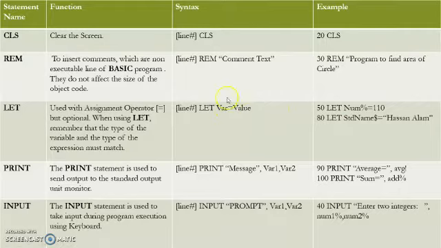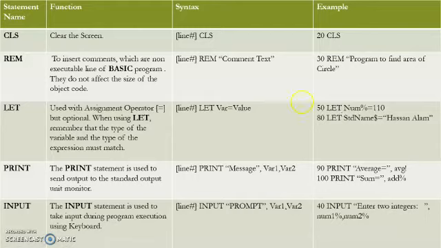Here in the syntax you can see LET as a statement. When it is used as a statement, it will start with a line number, then the reserved word LET. After that there is the variable for which we are going to assign the value, and the value is written at the right hand side of the assignment operator. Here comes the example.